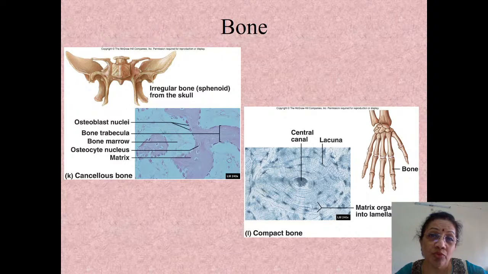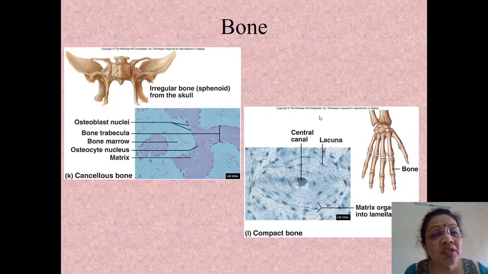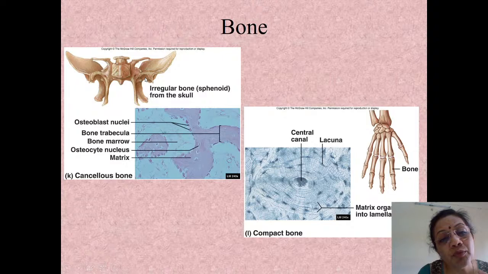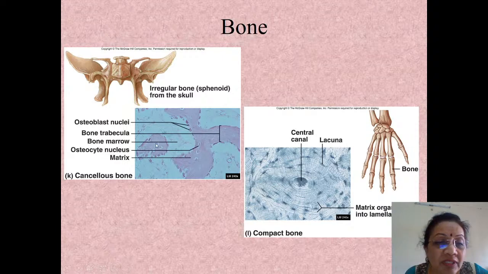And those daughter cells are osteocytes, which actually do the production of the matrix, production of the fibers, and whatever else is required for bone. So in a mature bone, let's say this sphenoid or any irregular bone that you take, you will see much less of osteoblasts, and you will see the cells in a kind of random arrangement within these trabeculae. In between these is the bone marrow area,